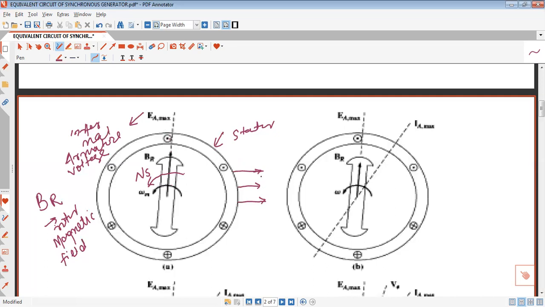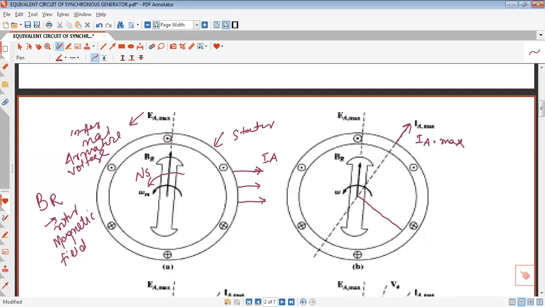Here there is no current flowing, so this voltage EA generated is at this time also not equal to the terminal voltage. So what will be the terminal voltage that we will see? Here this is the IA max, meaning the maximum current when the armature is allowed to flow current. When the armature is loaded, meaning current IA is flowing, at this time what will happen? An induced EMF due to this will be produced,